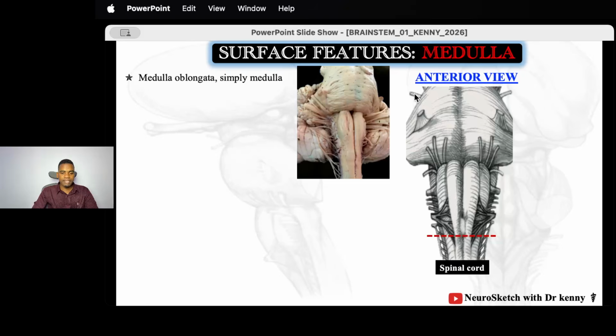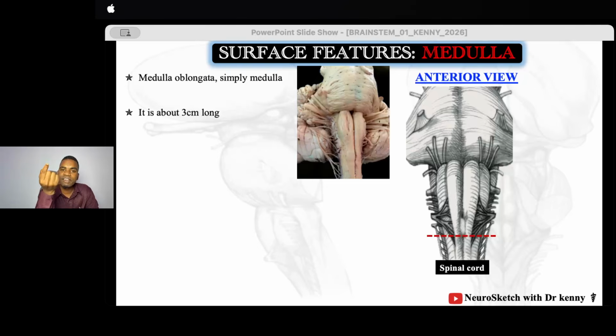Okay, into the last part of the brainstem, the medulla or medulla oblongata, which is usually 3 centimeters long. And 3 centimeters is a very short distance. That means a lot of these functions have been compacted within this small distance. That also means even a small region in the medulla can result in substantial deficit. And don't forget, a lot of these vital functions like cardiac and respiratory are also within the medulla. So even a small region in the medulla can be fatal, right? Can result